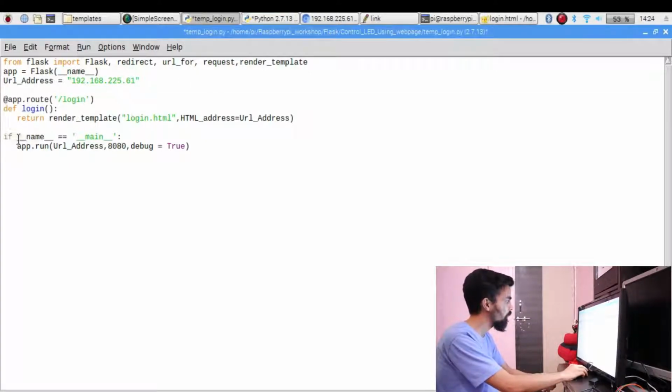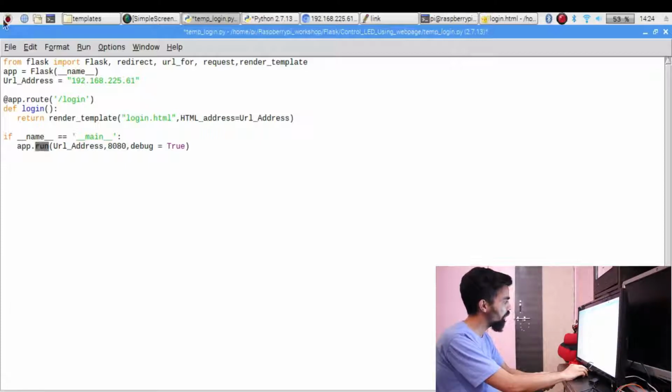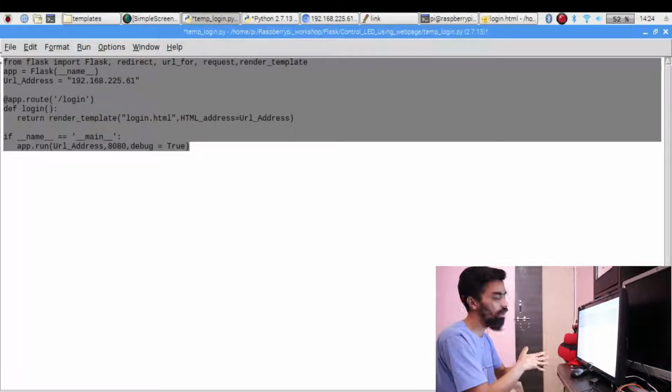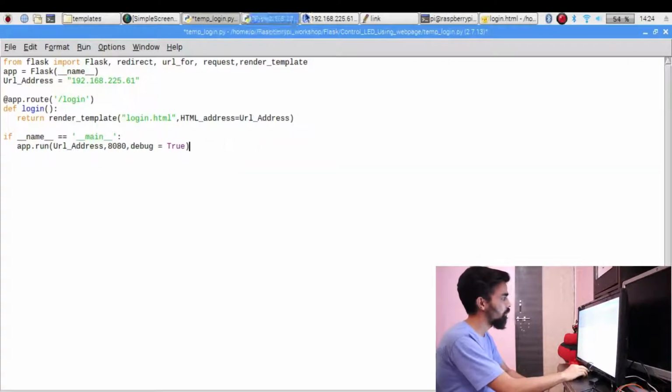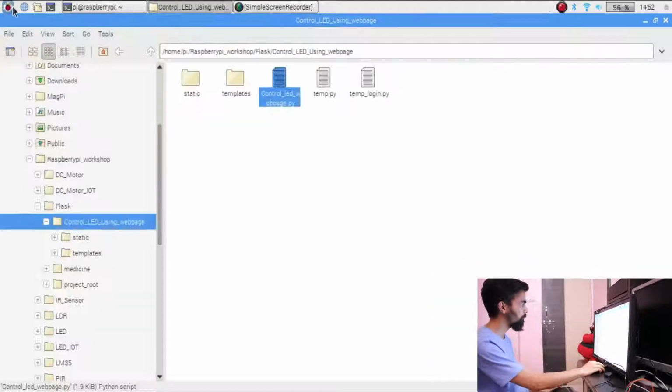And this will return this HTML page. Then the next line is if __name__ is equal to __main__. So your Flask starts with this app.run. It is an object of your Flask. .run is a method which requires the address of your Flask code, then the port address, and debug is equal to true. So this is used to debug the code basically. So this is the basic code of any Flask program that is required to execute any HTML page. Okay, so now let's see our final code.